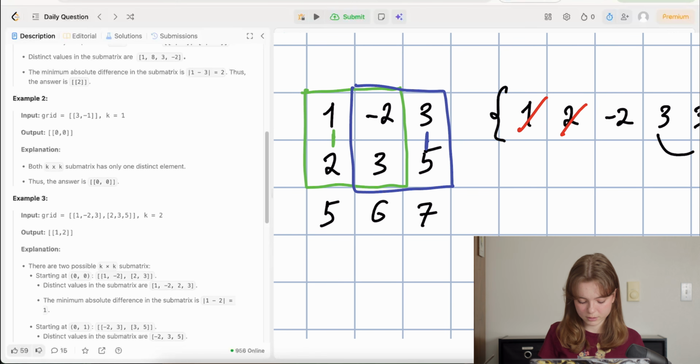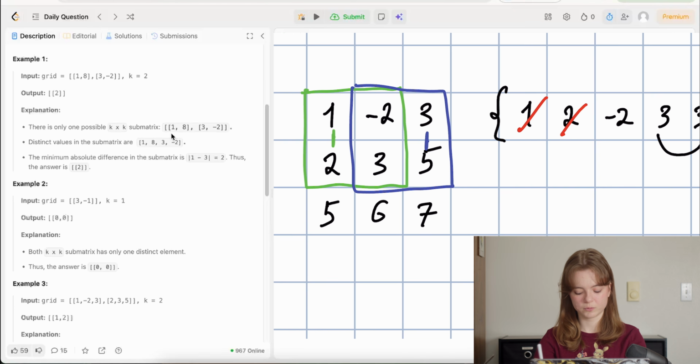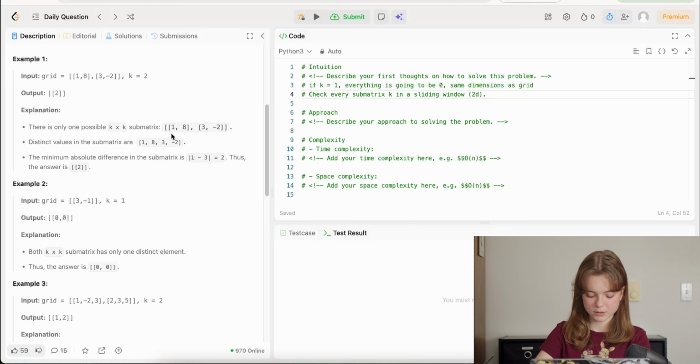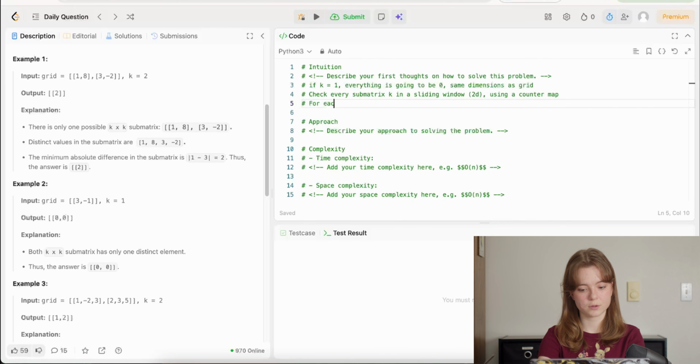But we have a double there. How do you want to solve that? Do we want a counter? Do we need a counter? Okay, so why would we need a counter? Because then when we slide something like here, for example, if there is more, we want to know if that 3 is gone or not. So let's say it's a counter. And then for each one,